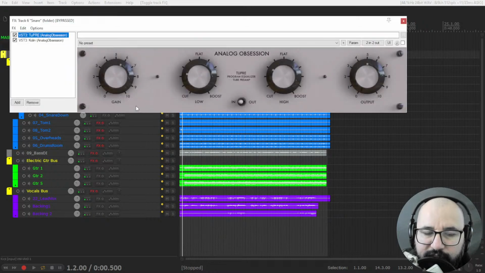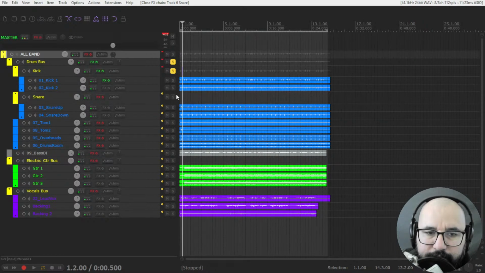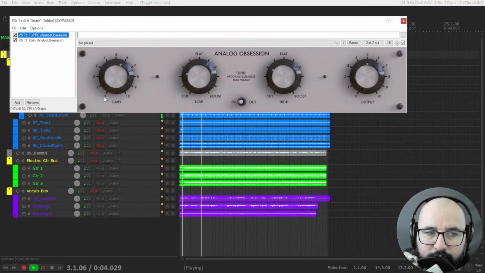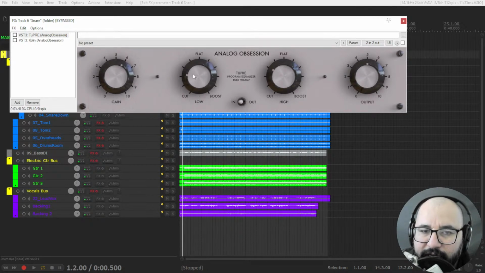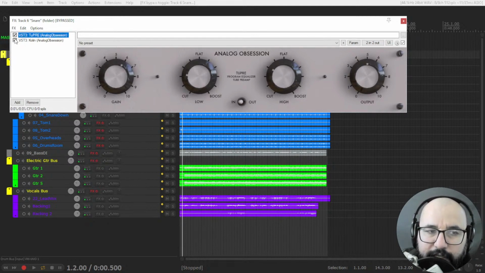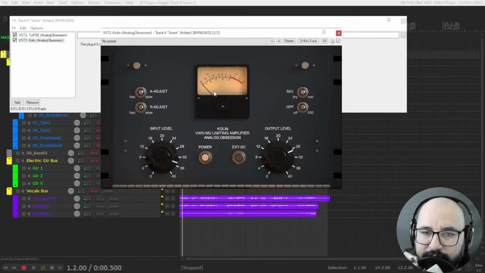Let's go with the snare here. Here on the snare, I added a bit of saturation with the TuPre, just like 4 decibels. I removed some of the low end that I don't need. The kick drum was bleeding into the snare microphone, and I cut, and then I also cut the highs because a lot of the hi-hats were bleeding into the snare drum. And then with the Kolin, I compressed